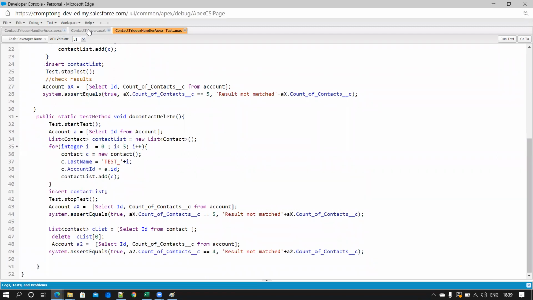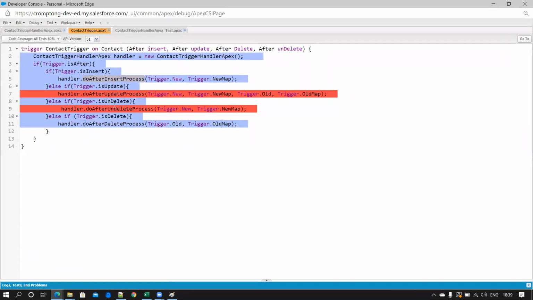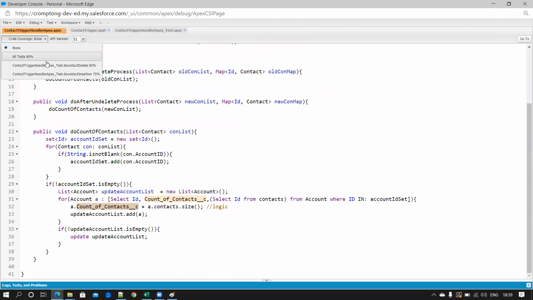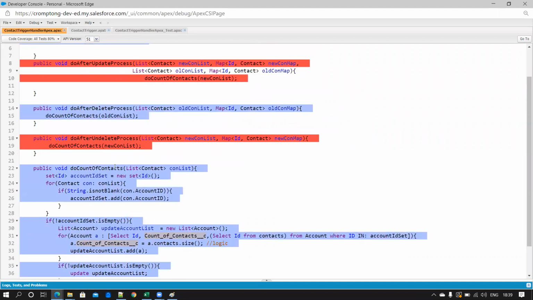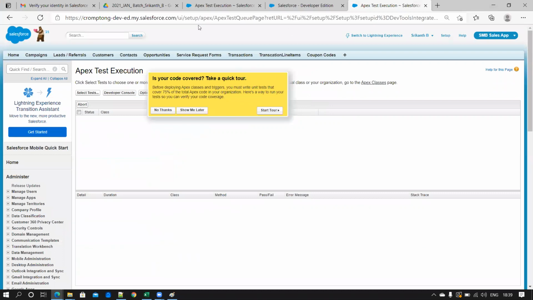So that means my trigger will also cover 80%. Now it covers the delete operation as well. చూడండి, delete operation కూడా కవర్ చేసింది. రైట్, డిలీట్ ప్రాసెస్ కూడా కవర్ చేసింది. రైట్, ఇంకా అప్డేట్ ప్రాసెస్ కవర్ చేస్తే అయిపోతుంది. అప్డేట్ అండ్ డిలీట్. బట్ ఎనీవే